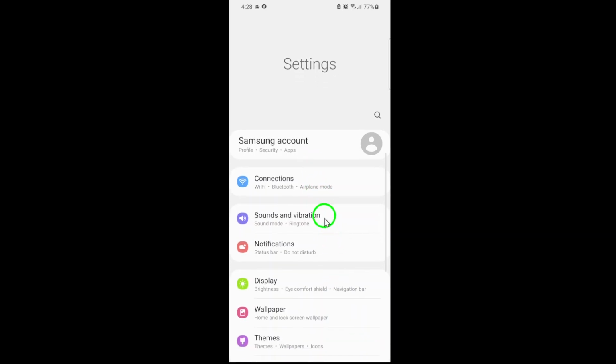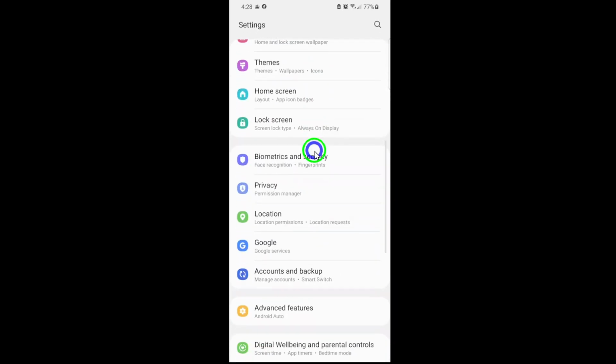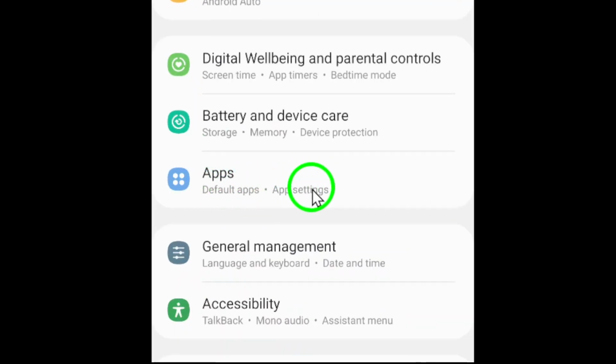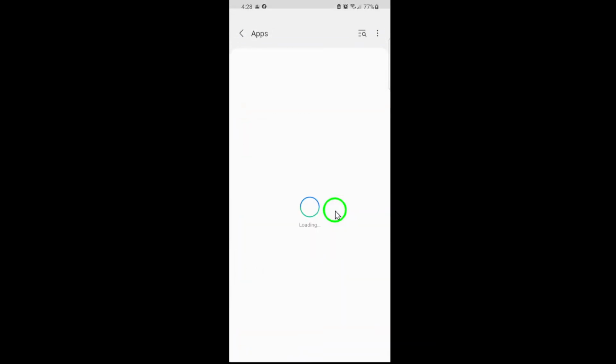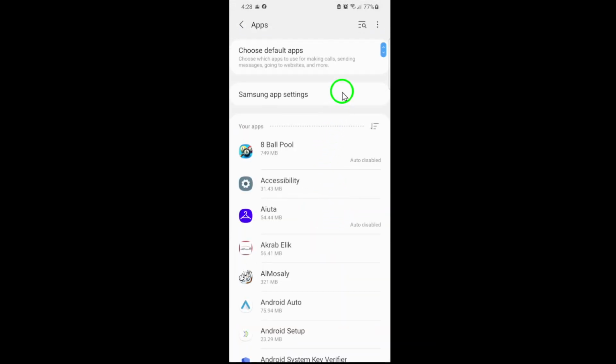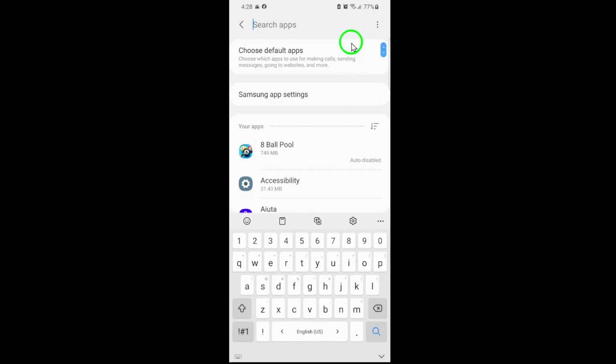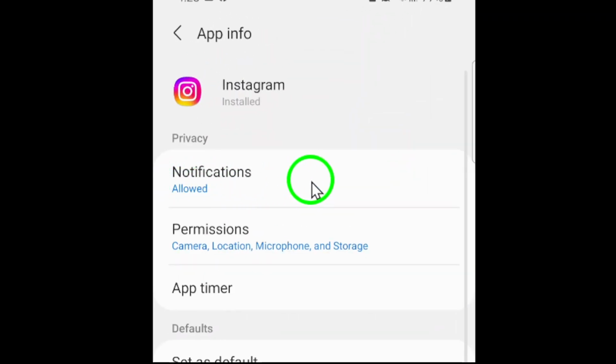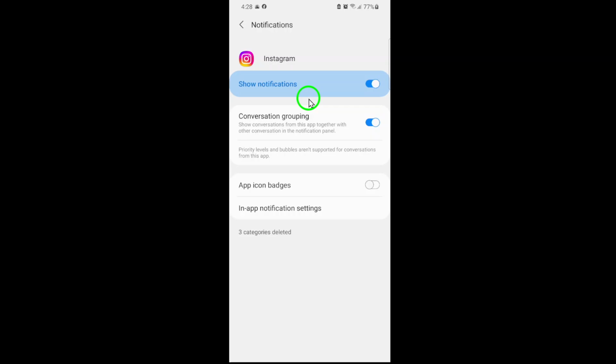Next, scroll down and tap on Apps. Here, you'll see a list of every app installed on your phone. Scroll through until you find Instagram, then tap on it to open the app-specific settings. Inside the Instagram app settings, look for the option labeled Notifications. Tap on Notifications, and you'll be taken to a new screen with all the different types of alerts Instagram can